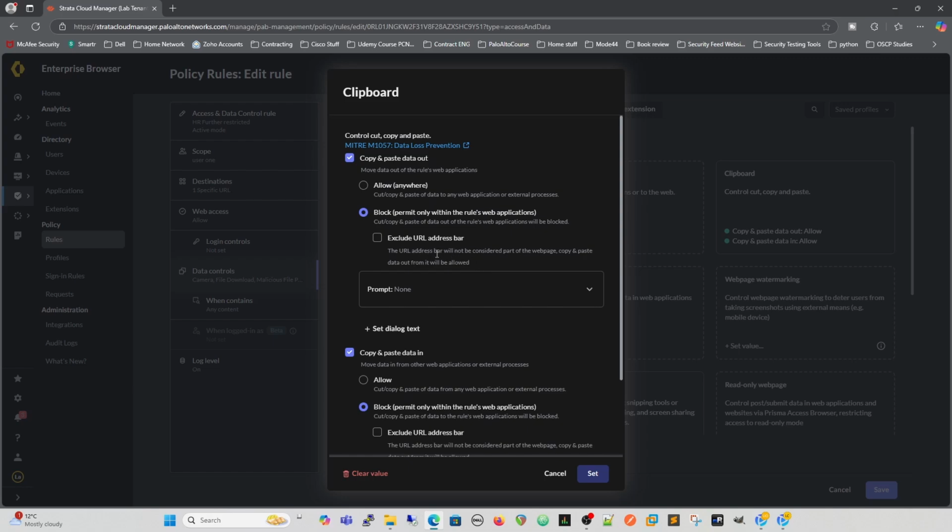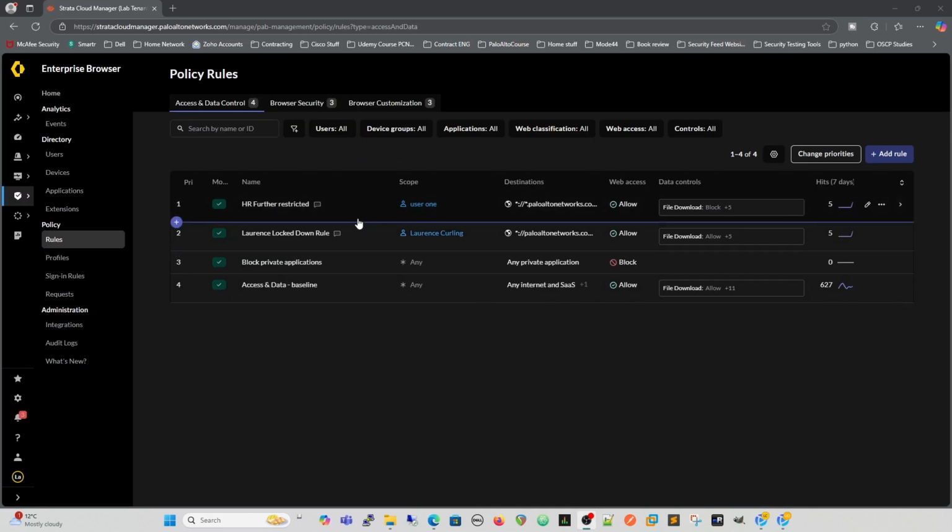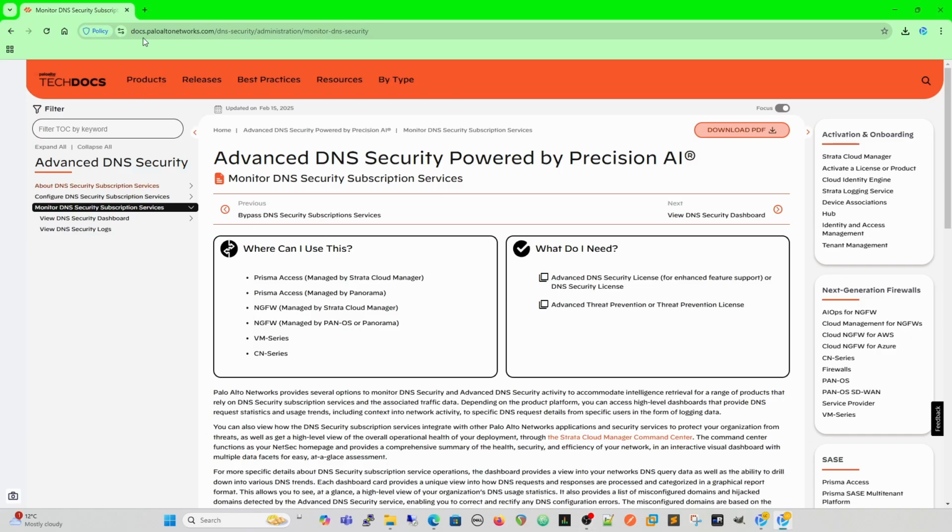Excluding the URL address bar means that we can still paste stuff into the URL. So if somebody gives you a URL, you don't have to type it all out. I think that's a really good thing. Okay, so now we've got our user 1, and I've edited this slightly because there was a bit of an issue before. So now if we go to docs.paloaltonetworks.com